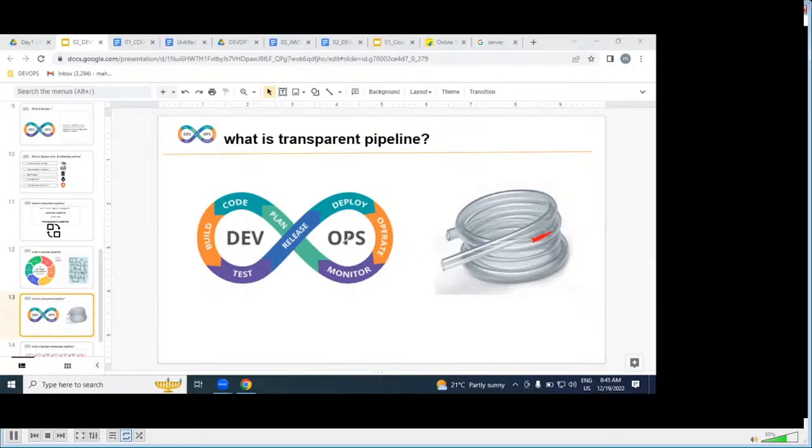Because DevOps is an automated process. DevOps is a transparent process. In the middle, if you get any issue or problem,